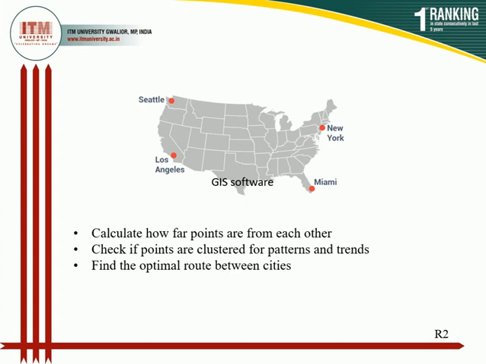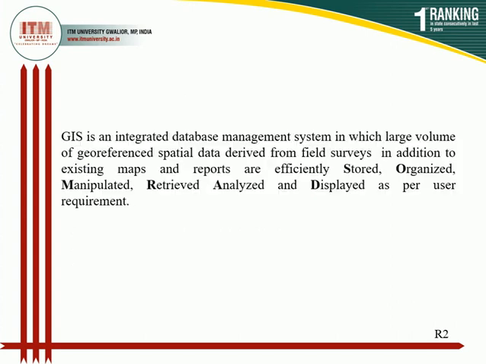GIS technique is able to answer various questions, like if a road is made in a particular area, then how will it affect the traffic of that particular area? If a canal is built, how will it affect the life of the people? Which is the dominant soil type of a particular area? How can land be zoned for flood management, for drought management, or for any stress condition? Which type of vegetation is present in a particular area? Like that. So all these types of questions are answered with the help of GIS.